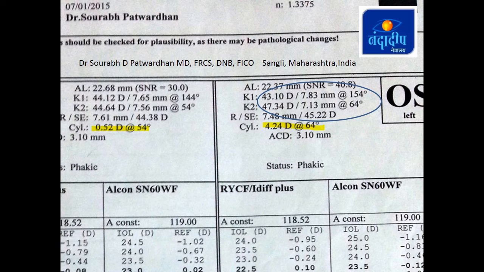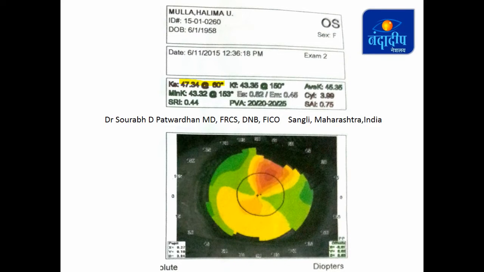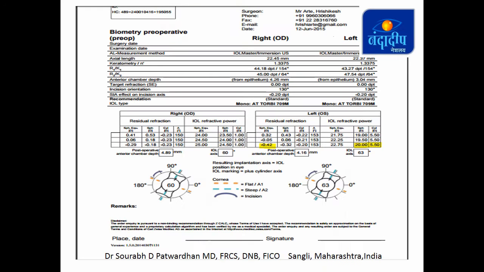When asked, she told us that the left eye has always been the weaker eye. That is because her right eye had very minimal astigmatism. So we thought this eye could be amblyopic. We explained the same to the patient. We repeated topography, which again showed the steep axis to be around 60 degrees, which was within 5 degrees of the axis as measured on IOLMaster. So after counseling the patient, we decided to go ahead with a toric IOL.